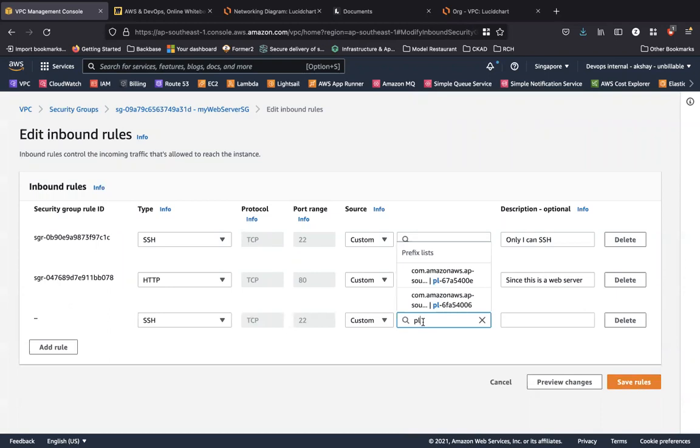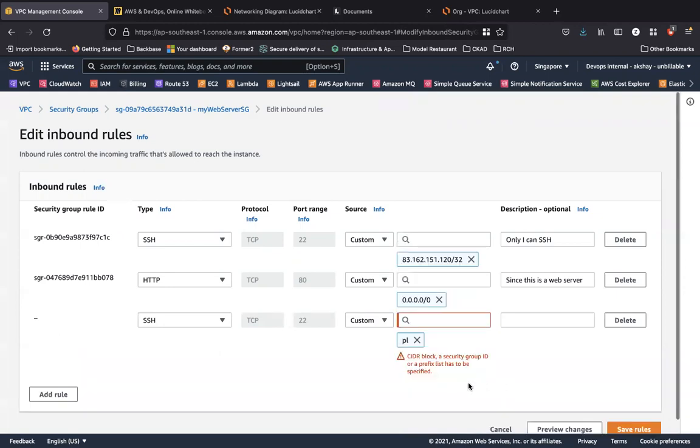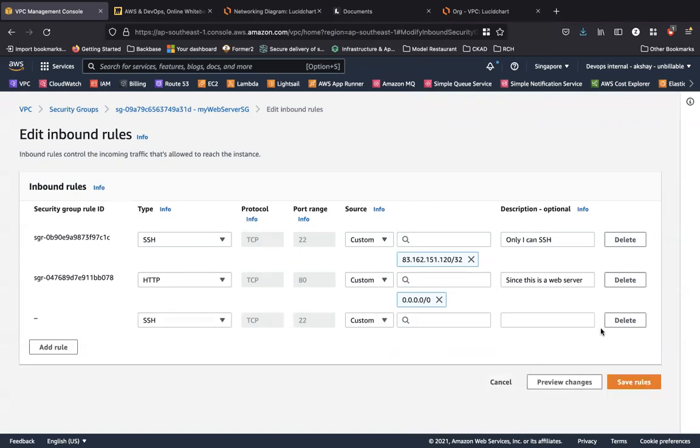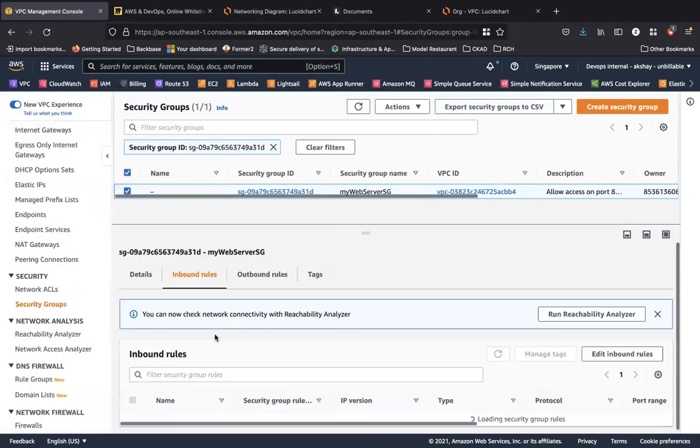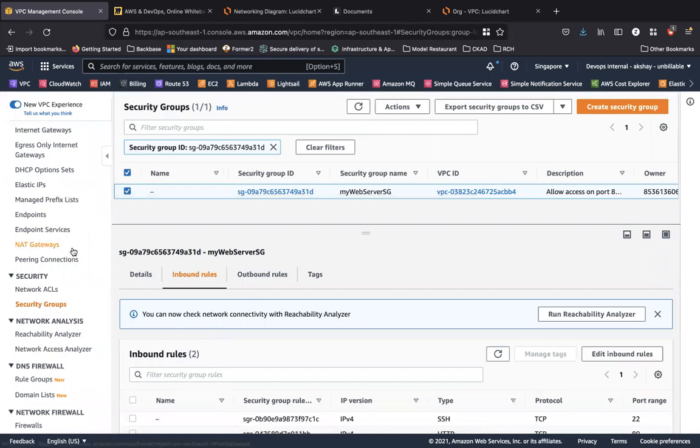So all the set of IP addresses in my prefix list, probably the public IP addresses of all of my developers, I can add to a prefix list, manage it as one single entity, and add it to a security group rather than adding each and every individual rule for each IP address. I would add just one rule pointing it to the prefix list. So probably I'll just remove this. So in this way, I can manage a lot of IP addresses that serve the same purpose.